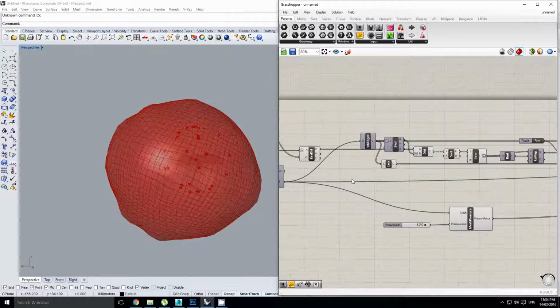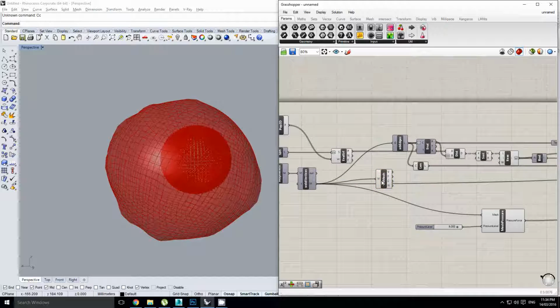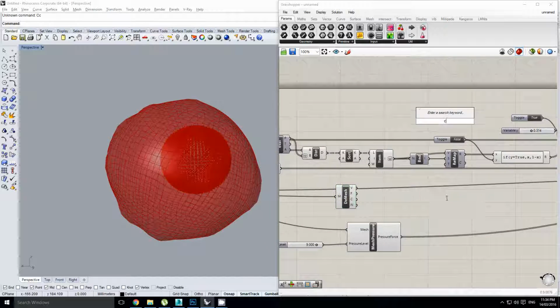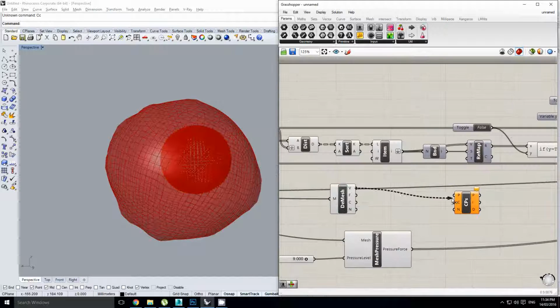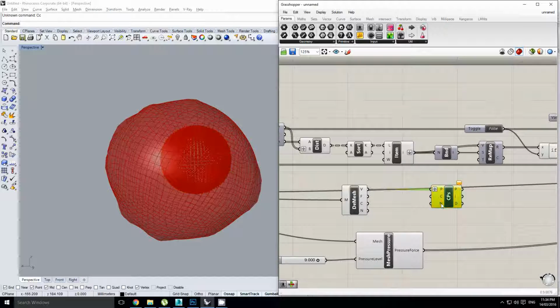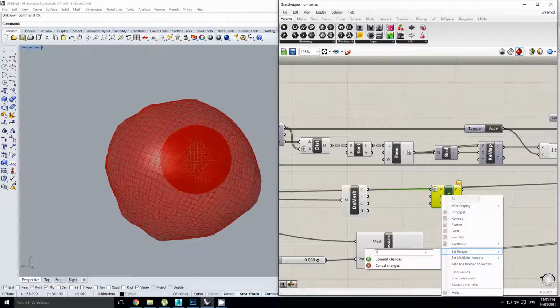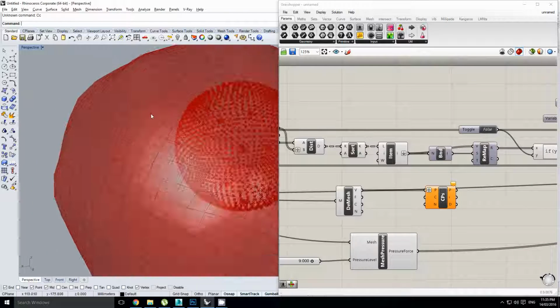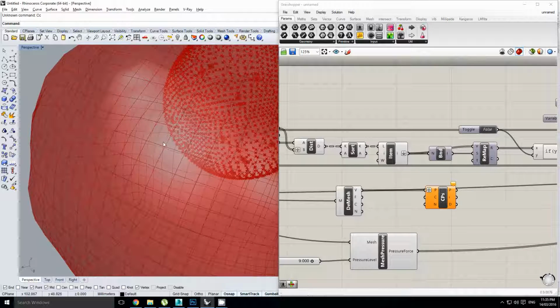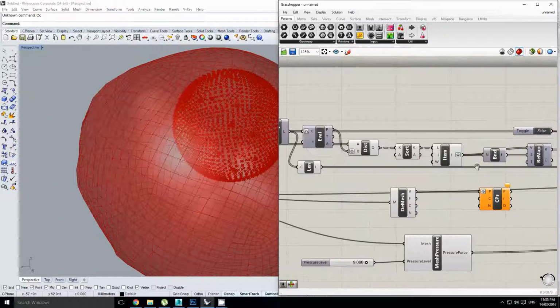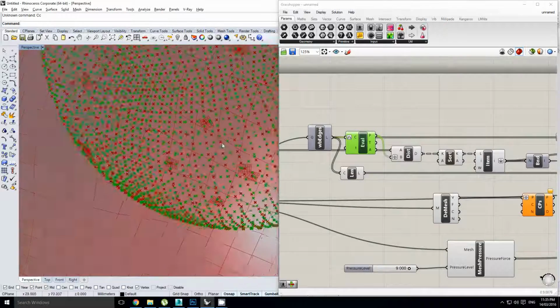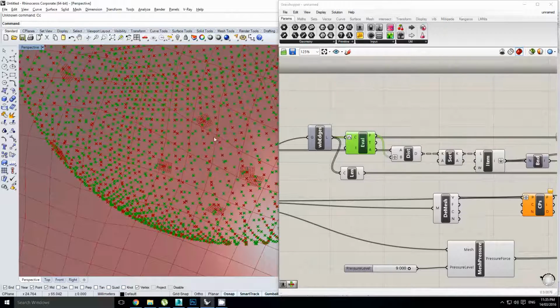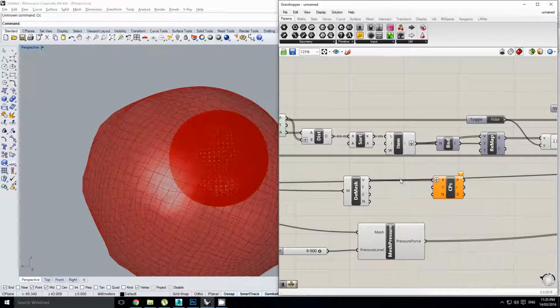And so what I do need to do is deconstruct this mesh over here, and then I'm going to use a closest points component. From each of these points, I'm going to graft this. I'm going to search for the 4 closest points, because basically every single vertex has 4 edges around it, and if we turn on this evaluation over here, we can see this vertex needs to reference the 4 closest points. So I'm going to plug in